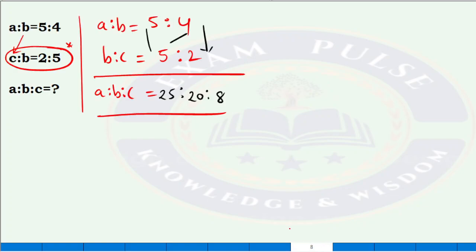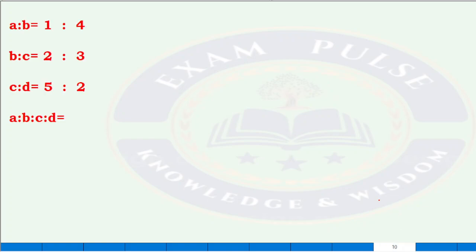Okay, this is the case. Only till this point only two ratios are given, A is to B, B is to C, and they were asking you to calculate A is to B is to C. But question ఒక్కసారి ఎట్లా ఉంటుంది, like this. ఈ క్వశ్చన్ ఎట్లా ఉందో చూడండి. A is to B, B is to C, C is to D. Three ratios are given and they are asking you to calculate what is A is to B is to C is to D. So exam లో మనకి ఈ 3 ratios కూడా ఇంపార్టెన్స్ ఉంటుంది.